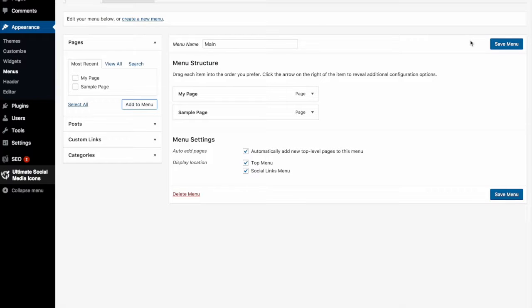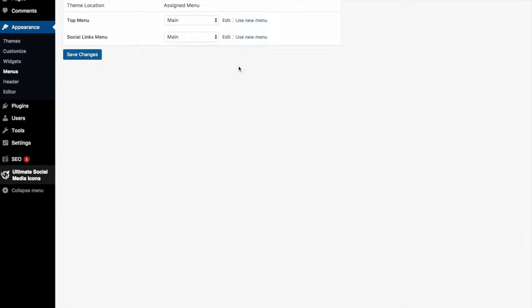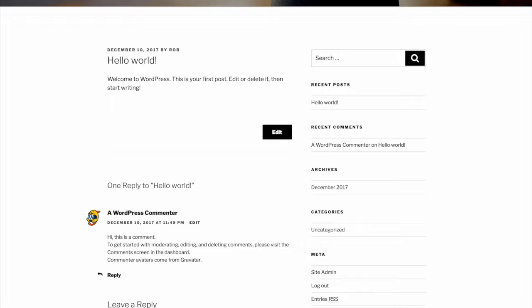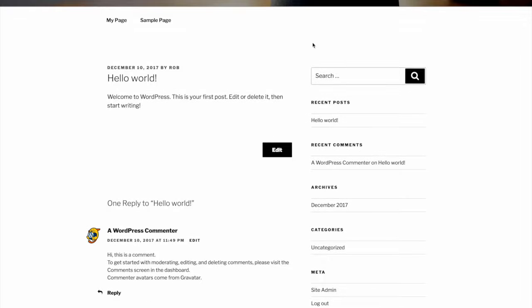So now that I have created it, I'm going to go ahead and add those 2 pages. And now I can do manage locations. I can see that up at the top is going to be main, and social link is going to use main. If I go in and save changes and look at my site, what I'm going to see here is